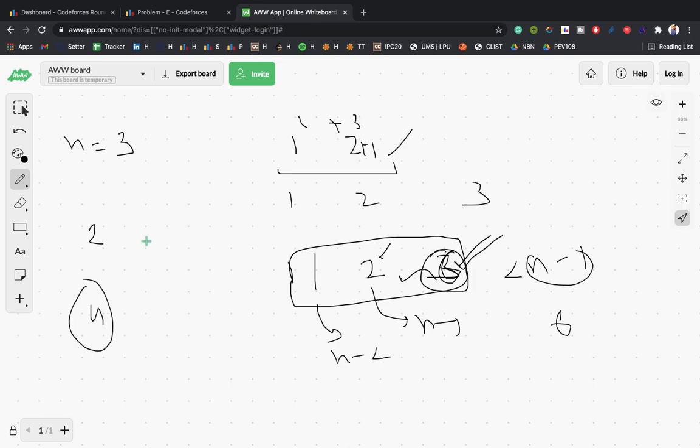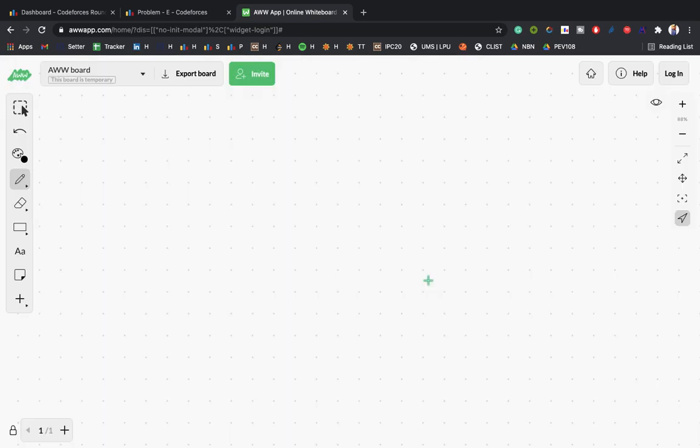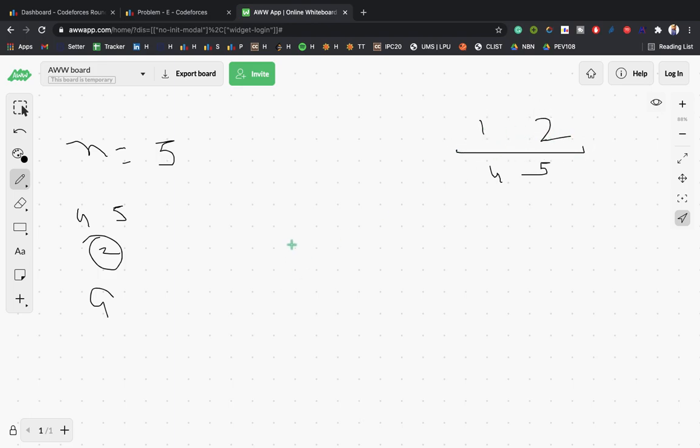Can I have the worst case here? Let's have it, for n is equal to 5, what can be the worst case? 5 plus 4, that is 9. Let's suppose I have n is equal to 5 and the range is from 4 to 5, that is of size 2, and the sum is 9. So I will take range 4 to 5 and initialize those numbers by 1 and 2, and the required sum is 9. So initially I will increase 2 by 3.